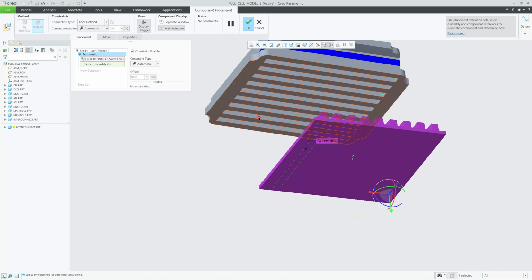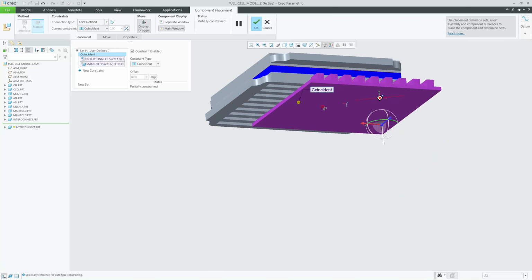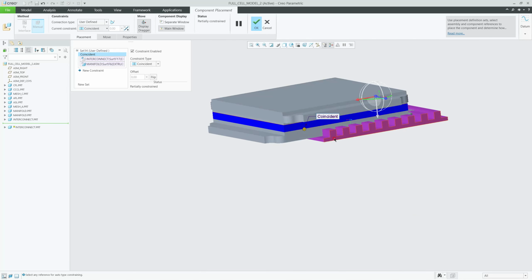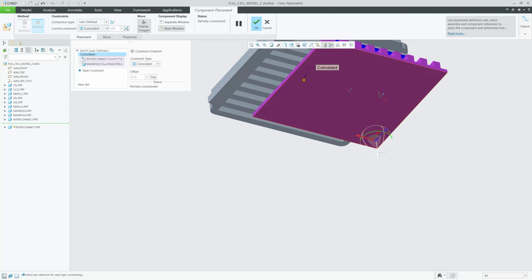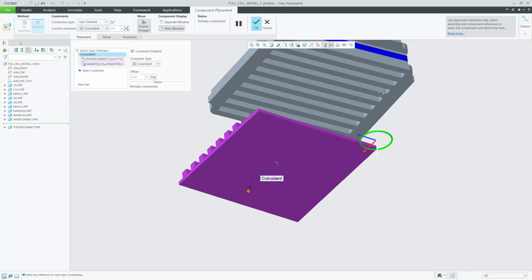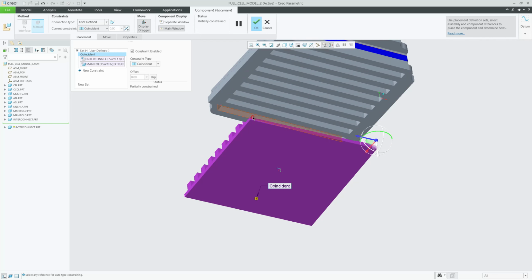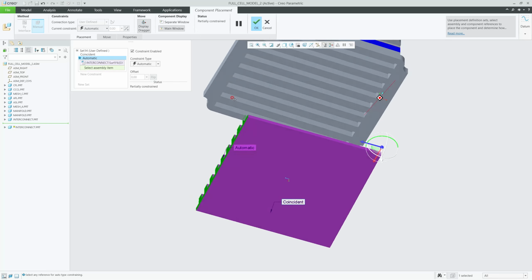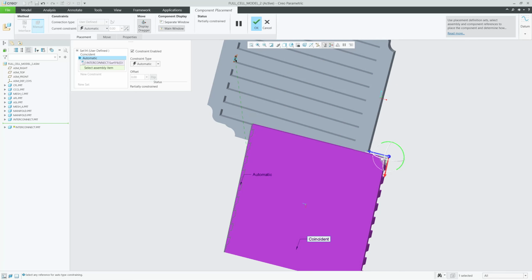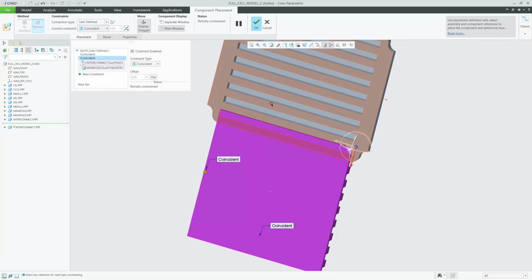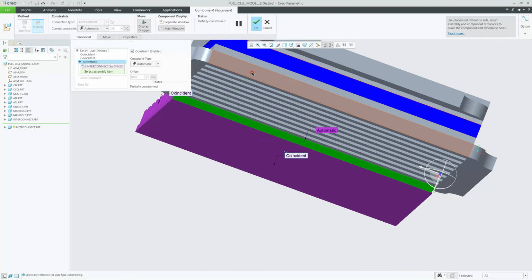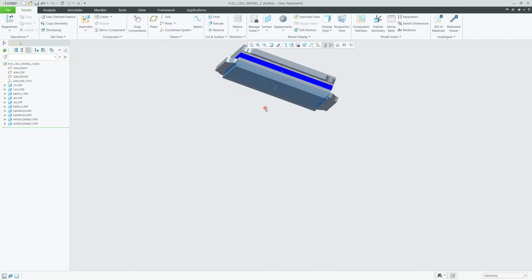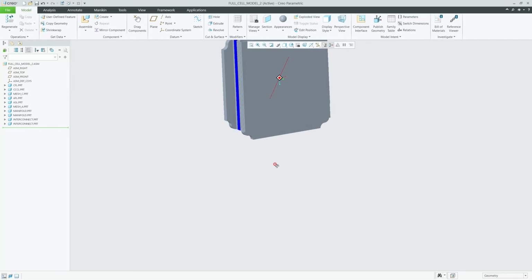This surface is coincident with this manifold. You need to rotate like this also, and this surface is coincident with this surface, and finally this surface is coincident with this surface. Okay, now our full cell geometry